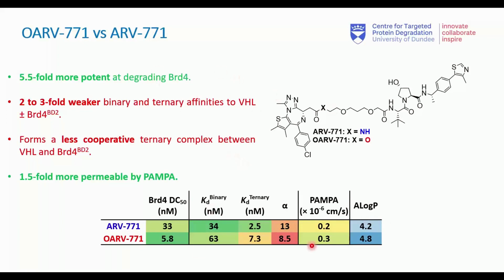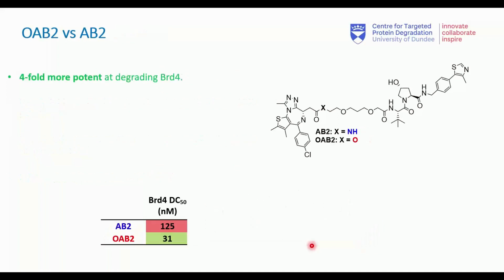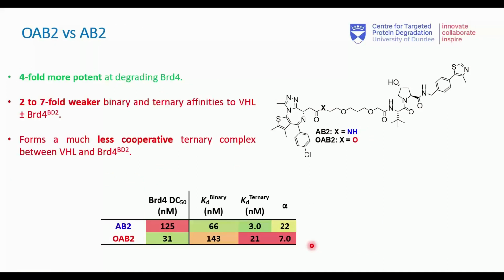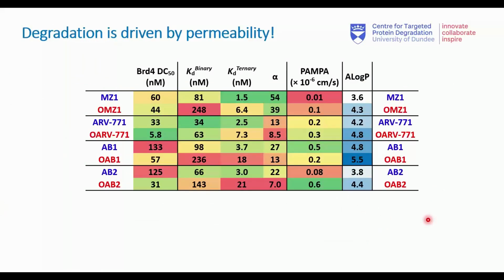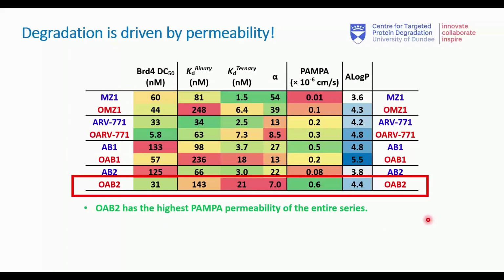So again, it's showing the link between this increase in degradation and the increase in permeability. Again, fourfold more potent in this case, weaker, less cooperative complexes, and a big difference in permeability. So we can say from this that the degradation shown here is being driven by permeability,